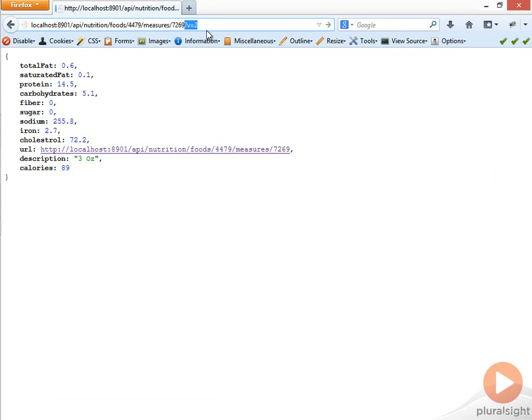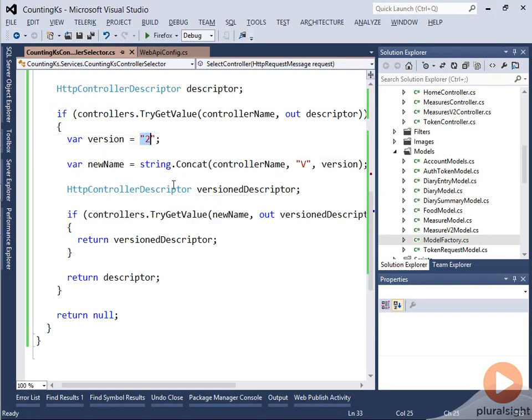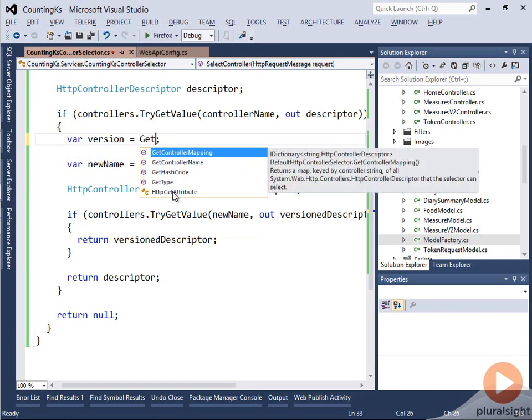Is version 2 the default if it's not supplied, or is version 2 going to be used only if it's supplied? And we can make those decisions. In our case, we're always going to return version 1 unless someone specifically specifies what version they're looking for. So this will still work because we've hard-coded 2, but let's go ahead and read out our version here in the code. So instead of being hard-coded to 2, let's create a new method called